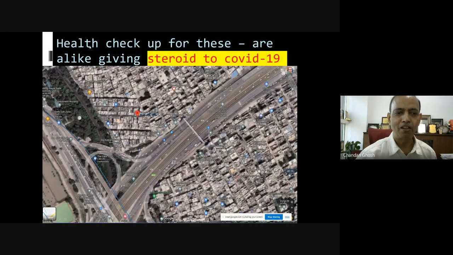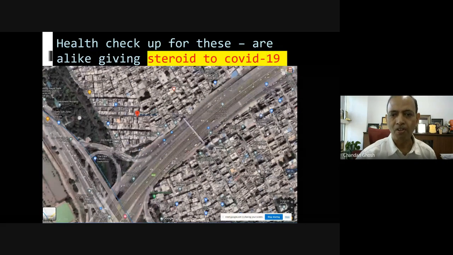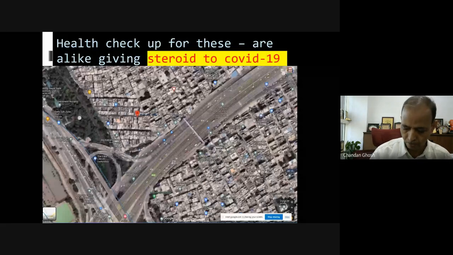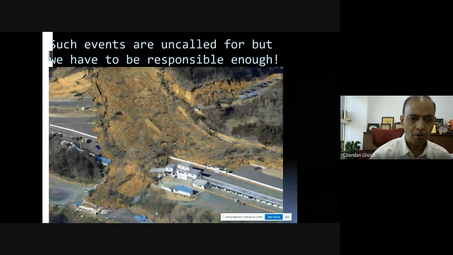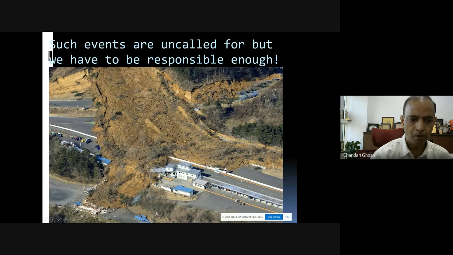So what I say is that a health checkup for these kinds of built-up facilities is just like giving steroids to COVID-19 patients, because when no preventive medicine is there, then keep the patient on steroids. Last year, this time, you remember, for Delhi and across the country. So anyway, such events are uncalled for. These are all engineered structures, but such events happen,